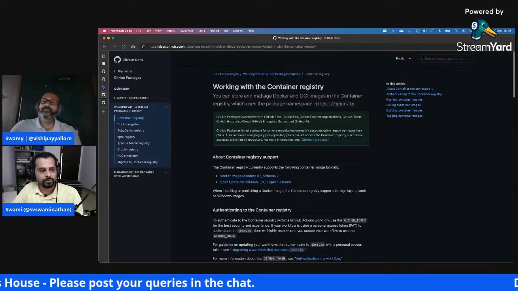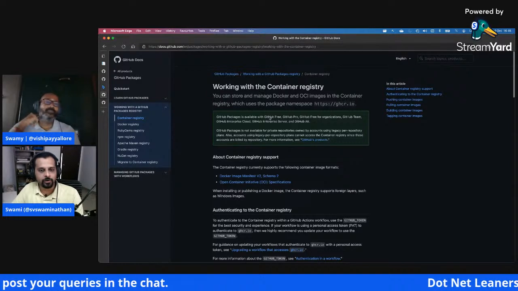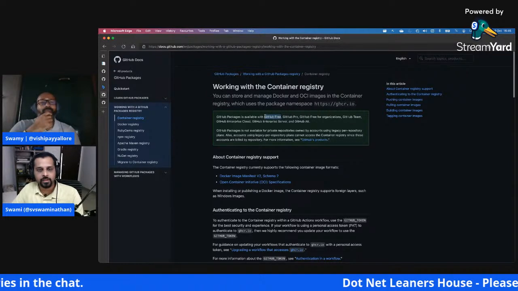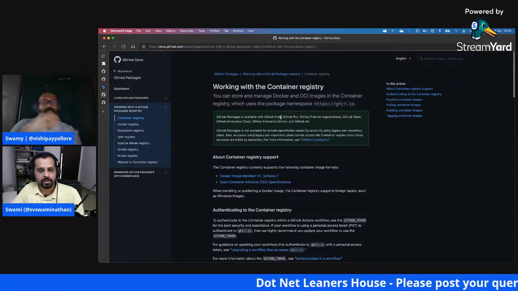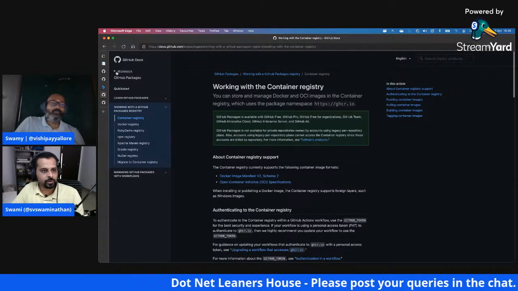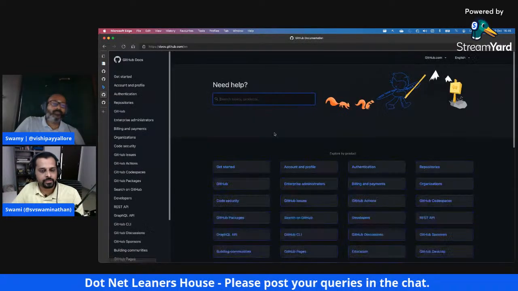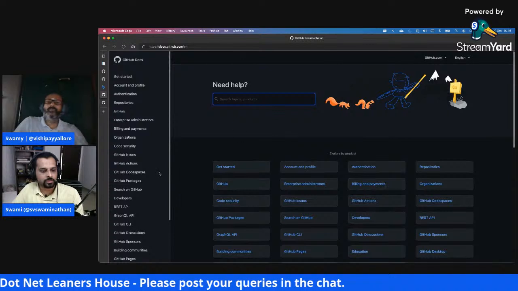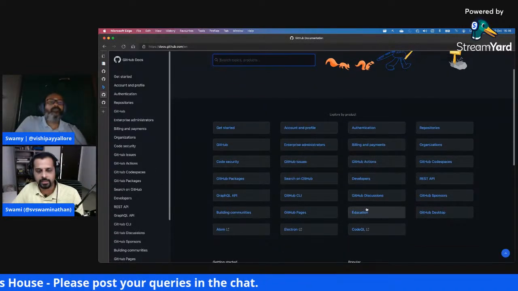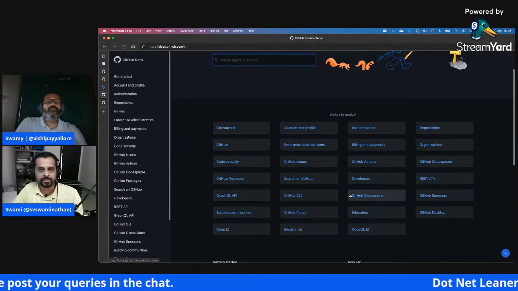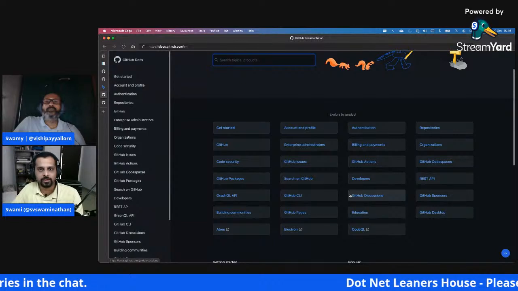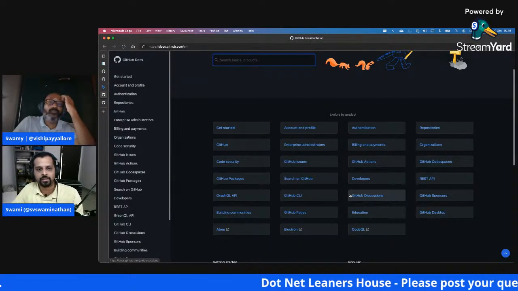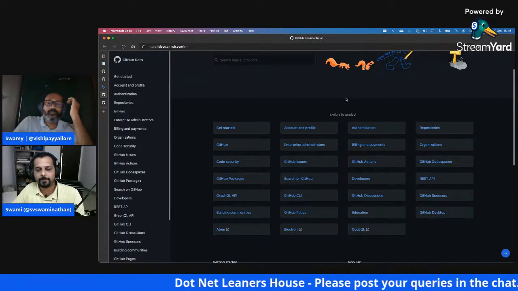And there are a lot of free offerings available in GitHub Actions, especially for open source applications and things like that. And pricing wise, you can look at the pricing page here, and you'll get to know the pricing for GitHub Actions. You can also do a comparison on how GitHub Actions is priced versus GitLab CI or even Azure DevOps or anything else for that matter.